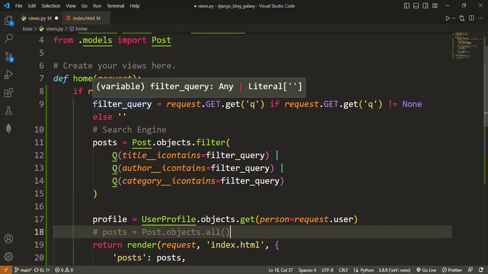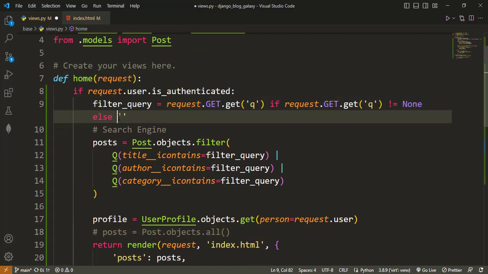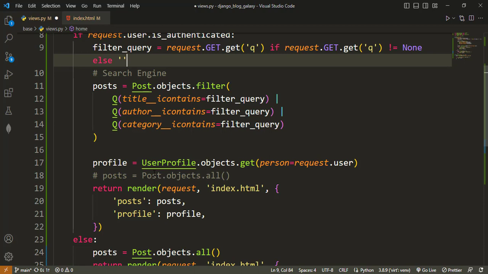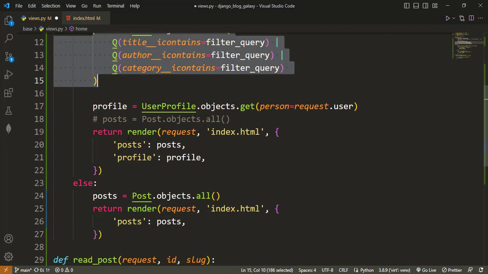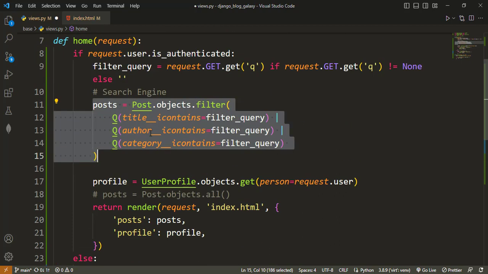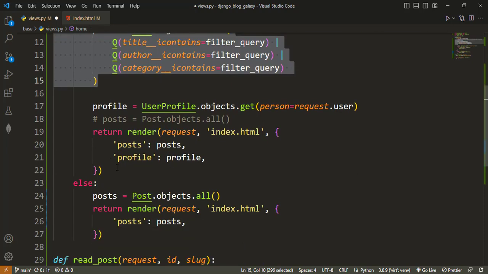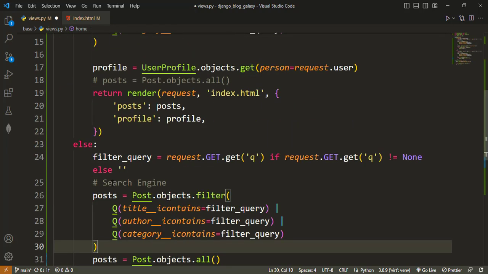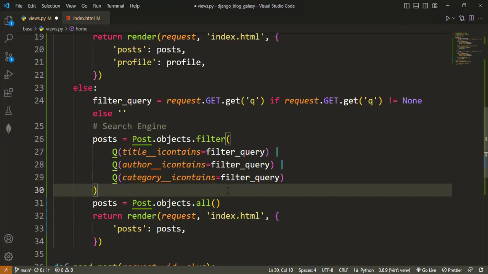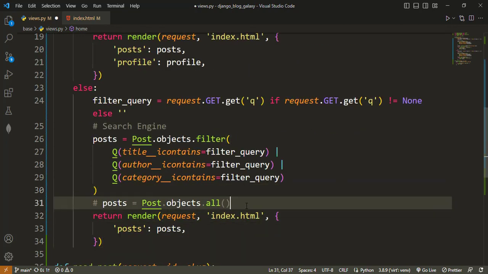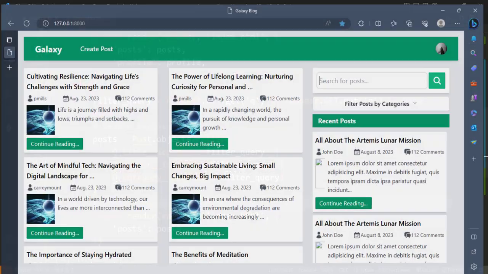The reason being that if this one is empty, because I said if it gets it, fine. But if it doesn't get it, it should pass an empty string. And so the empty string will go in, and then the engine will return all posts. So we have to create the same search engine for this else page also, and then comment out this post also. Let's come back,